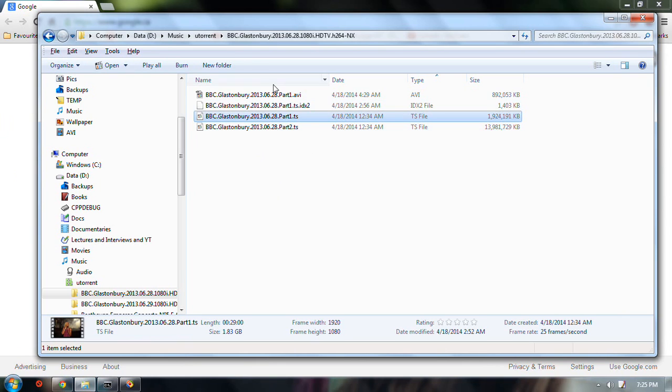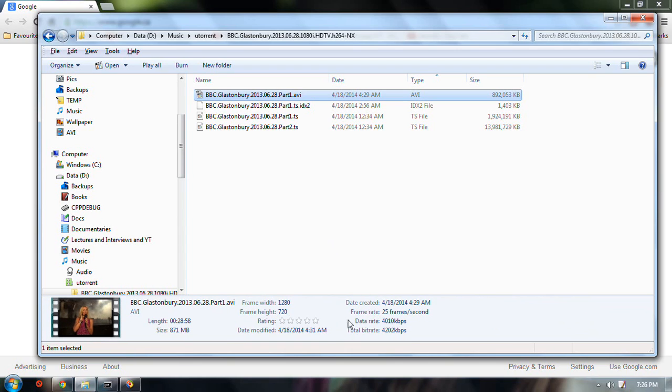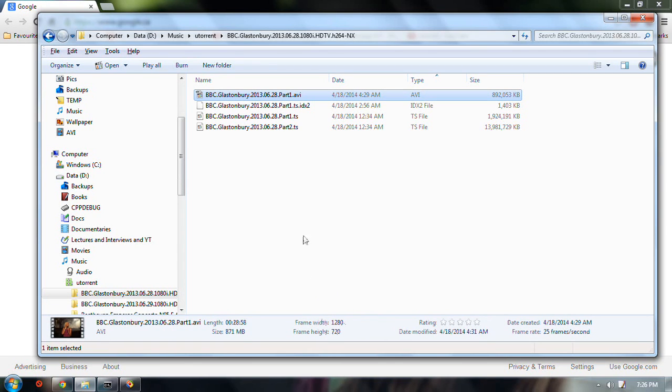I've already done part 1 here. Taken this 1 gig file, which is at a ridiculously high resolution, more than my actual screen resolution, and changed it into this file, which is 1280 by 720, which I can handle with a decent bit rate of 4 kilobits per second. Now I can play part of this just to show you what kind of quality I get out of this AVI. First, let me just show you